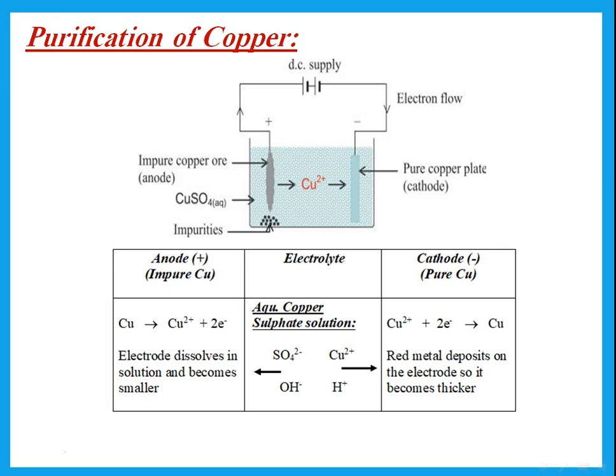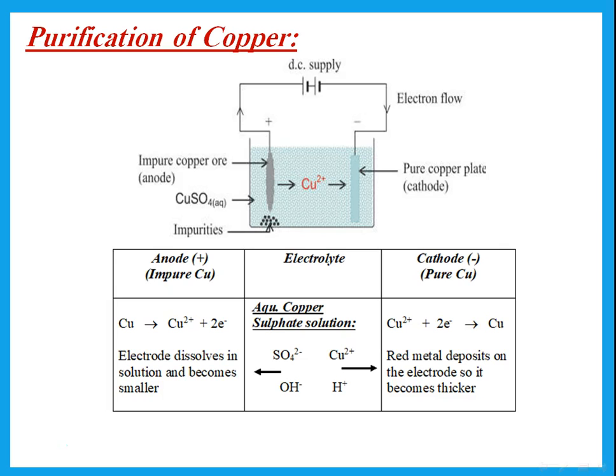And what happens is, we have these ions in solution: copper ions, sulfate ions, H plus and OH minus. Now, which one is going to react at the positive? Well, at the positive, we had choices between sulfate and hydroxide ions. But in this case, neither the sulfate nor the hydroxide ions will react, because notice that now we're not using inert electrodes. We're using electrodes that have copper in it. And it is the copper electrode itself which will dissolve in solution to give copper 2+ ions, and these copper 2+ ions will then go to the negative cathode and take up electrons and become copper, so they will deposit